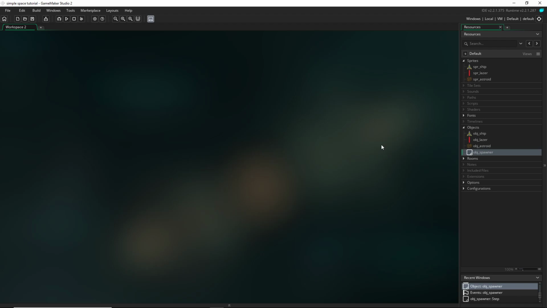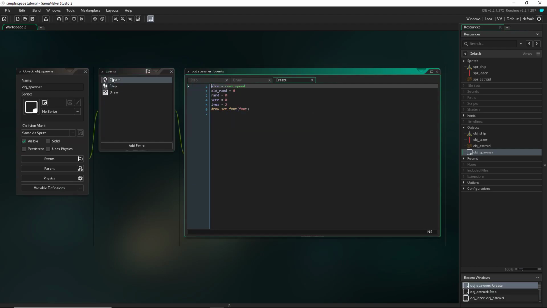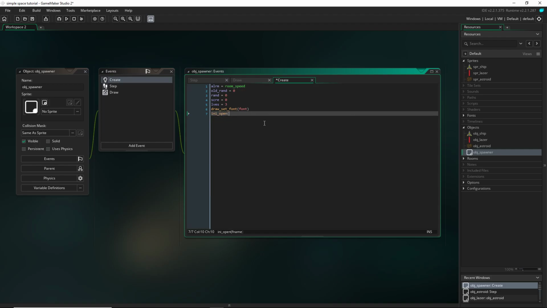This is episode 4, and in this episode I'll be covering saving your high score to an ini file and then loading it back into the game. To get started, let's go into our object spawner, go to our create event, and create the ini file. So we're going to write ini open, and I'm going to say save file,